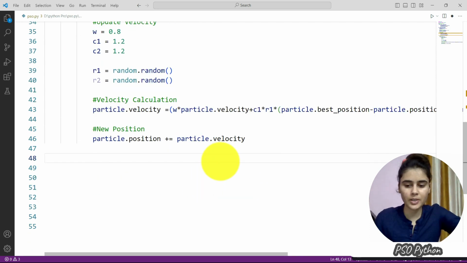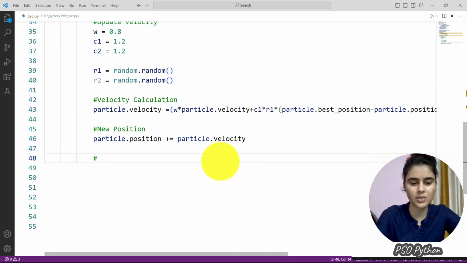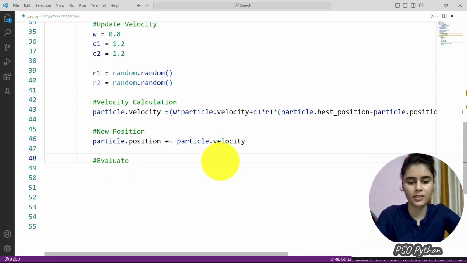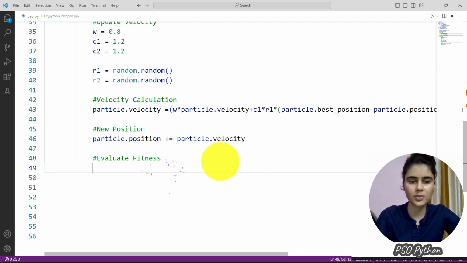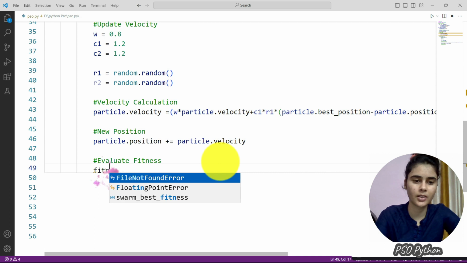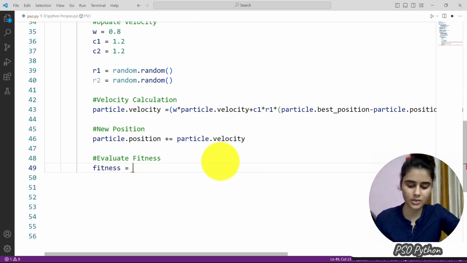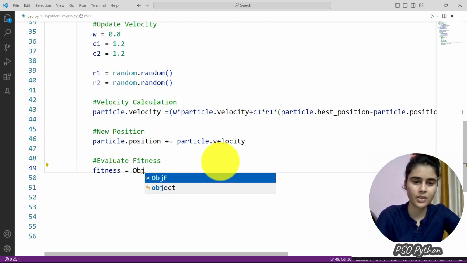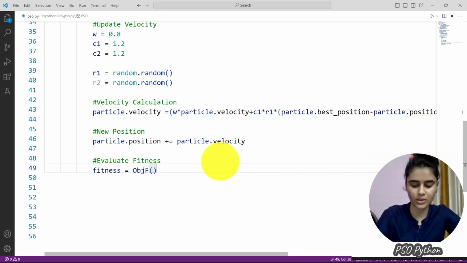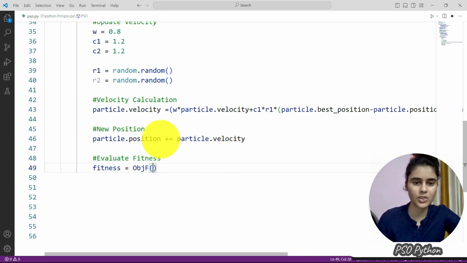Done. Now we will evaluate the fitness value for each particle. Here we have fitness, which is equal to applying the objective function on the particle position.